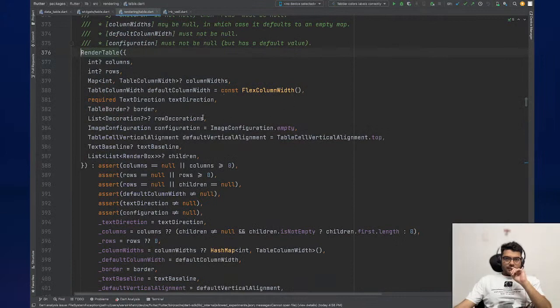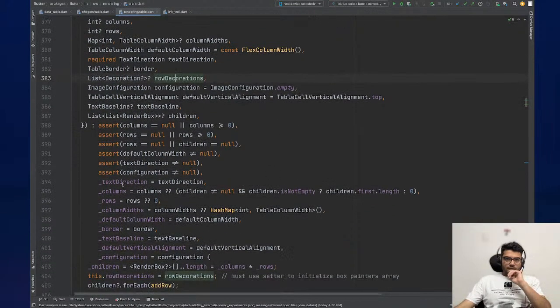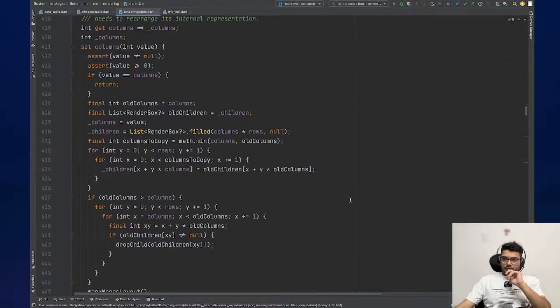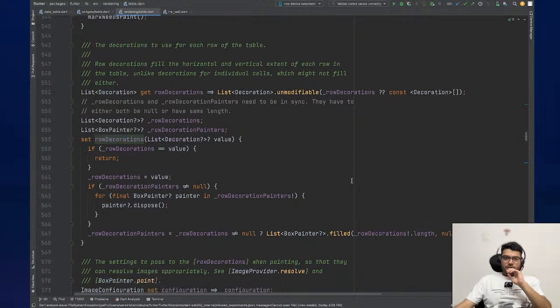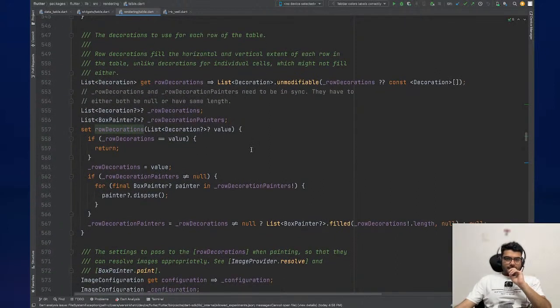In render table, given row decorations, it will be assigned to a local variable for row decorations. This dot row decorations, and this is used. I'm just scrolling using these green marks to check where other places row decoration is used. So whenever row decoration is set,